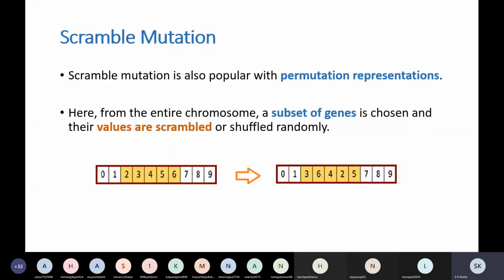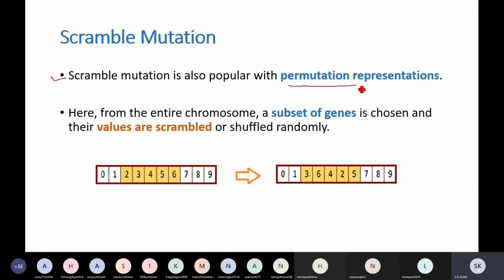Next technique is scramble mutation. Again, from the name itself you can make out, you are going to scramble the values. In scramble mutation, you are going to scramble the corresponding values, and since you are scrambling the values, there is no question of repetition.